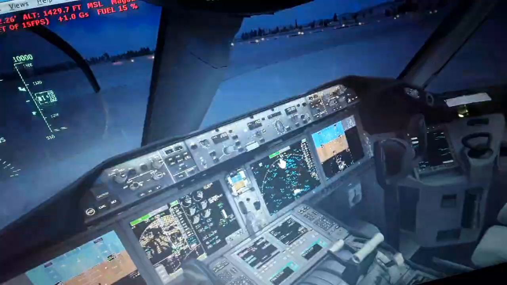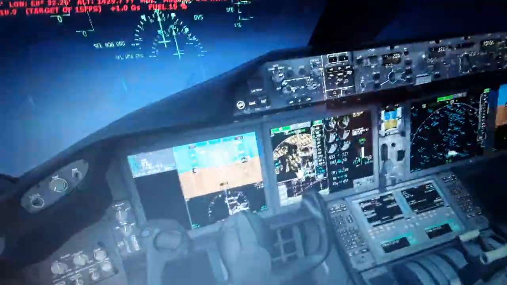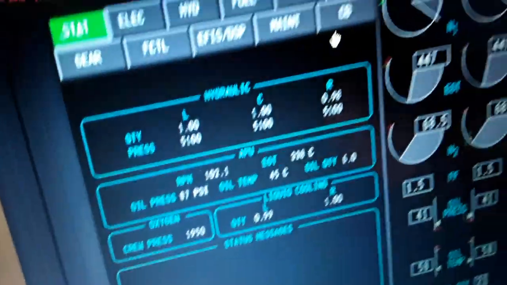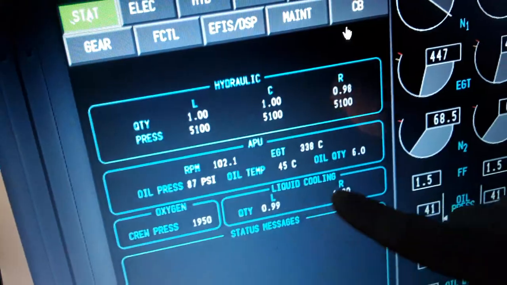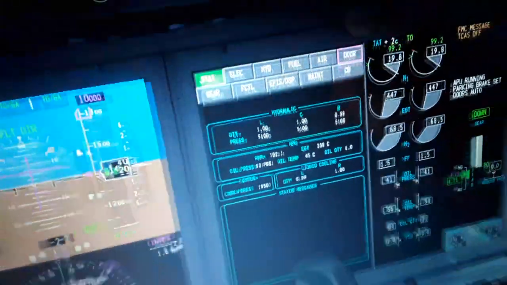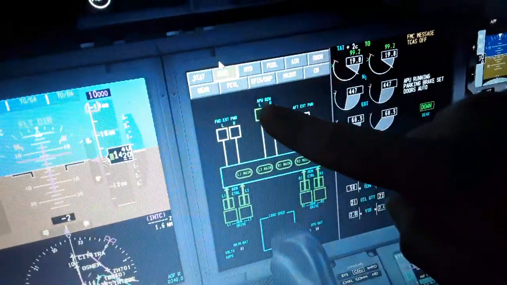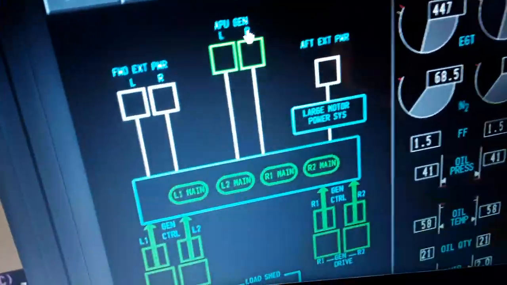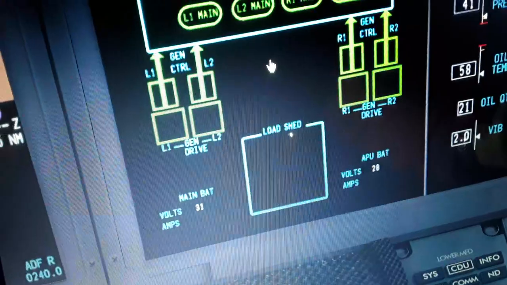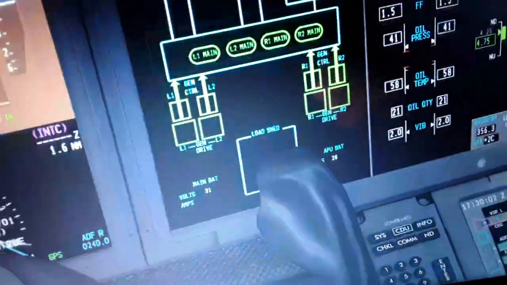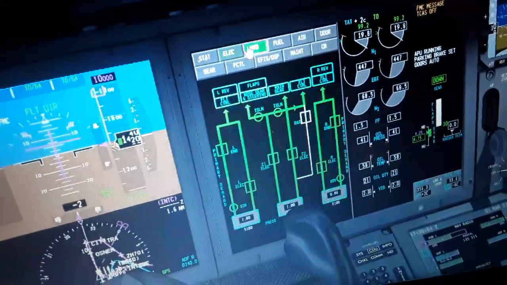So I'm gonna show you also the last thing before making the engine start demonstration over here. We have the systems display over here. You can see the hydraulics over here, APU is running, oxygen, liquid cooling. So the oxygen of the aircraft, liquid cooling, electrics, left and right IDG, the APU is running, 120 to 200 volts, 400 Hz frequency, the drive APU and main battery, voltage and amperage. So this is the electric,